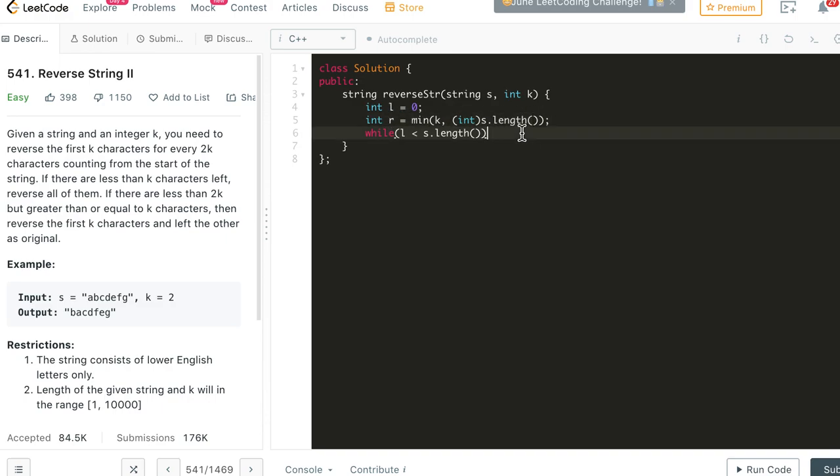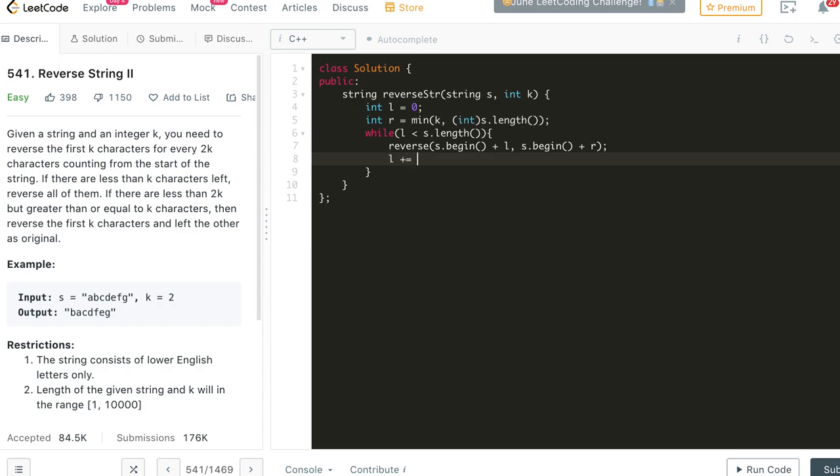And while this is the case, what we need to do is reverse s dot begin plus L to s dot begin plus R. So reverse everything between these two iterators.